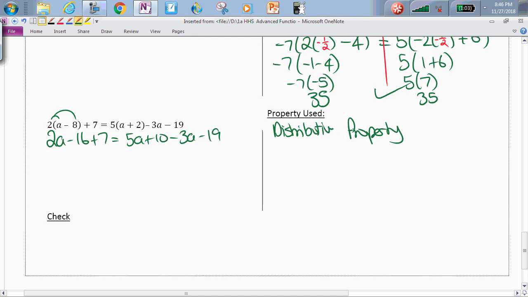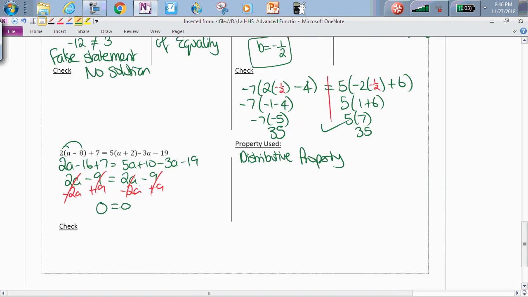And then let's simplify this left side. We're going to have the negative 16 and the 7 together, giving me negative 9. I'm putting together the 5a and the negative 3a to make 2a, and the 10 minus 19 is also negative 9. Now what's going to happen here is I'm going to subtract the 2a, this will cancel. If I add the positive 9, this will cancel, and everything cancels out, so you're left with 0 equals 0, which is a true statement,